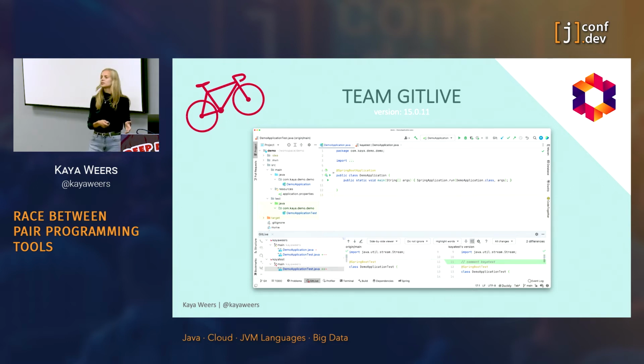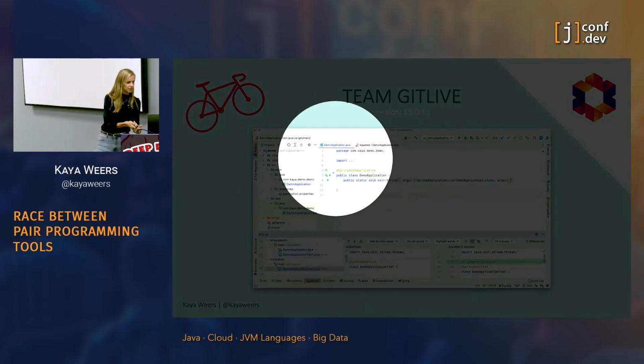So that's what it will show you all day. And then you can ask someone to do a pair programming session. You just click on their name and invite them. Also, GitLive is like Duckly in that you don't move to a separate window, but you stay in the same project. We'll get to that later, but you can see here that we have DemoApplication.java